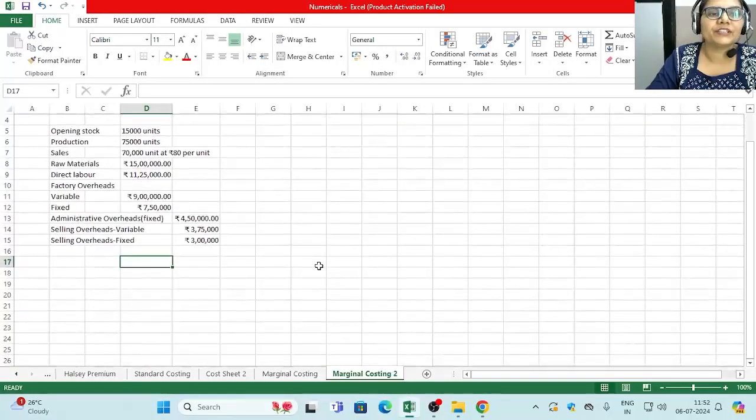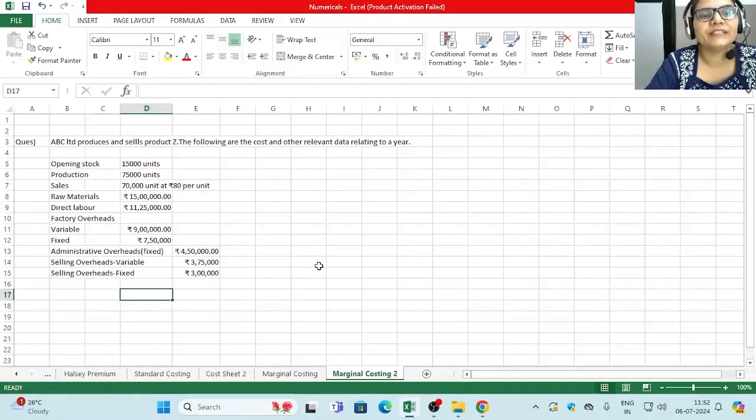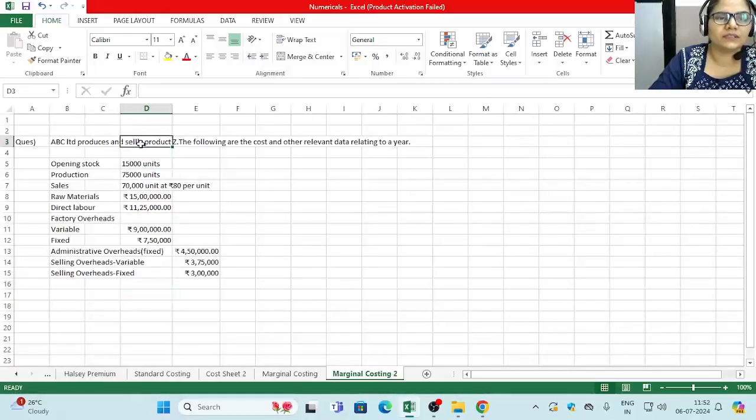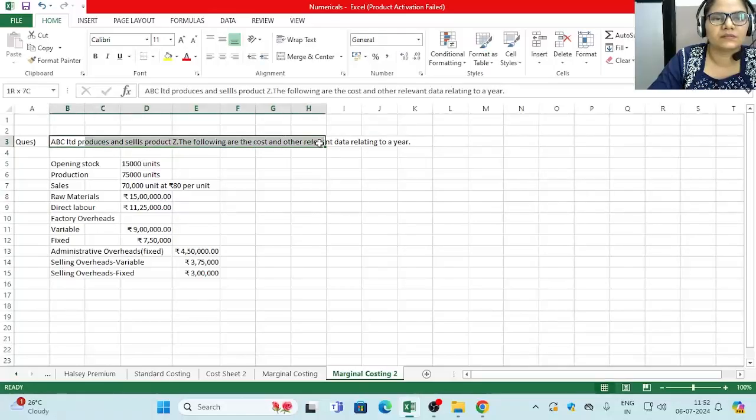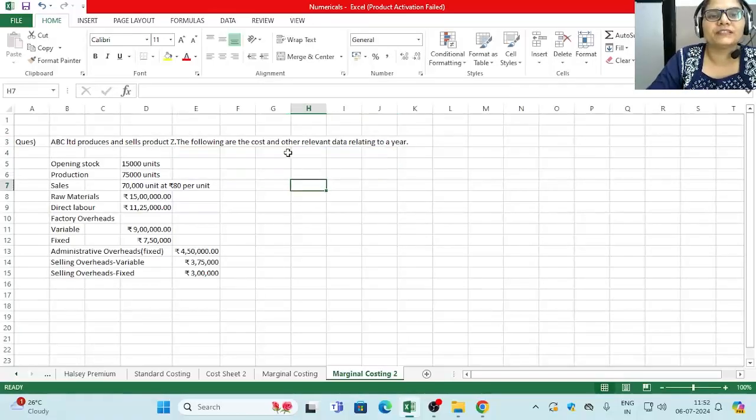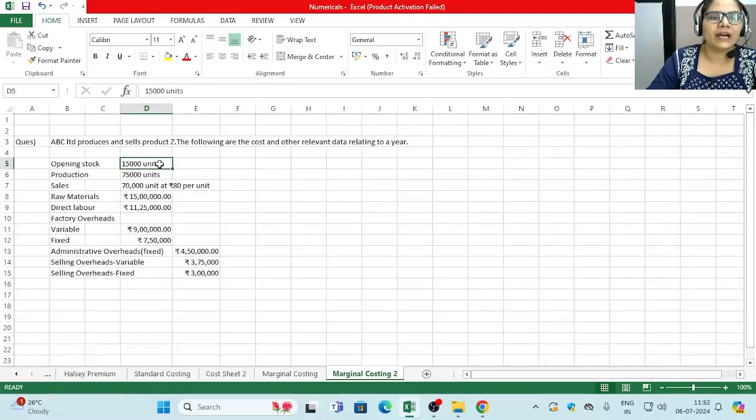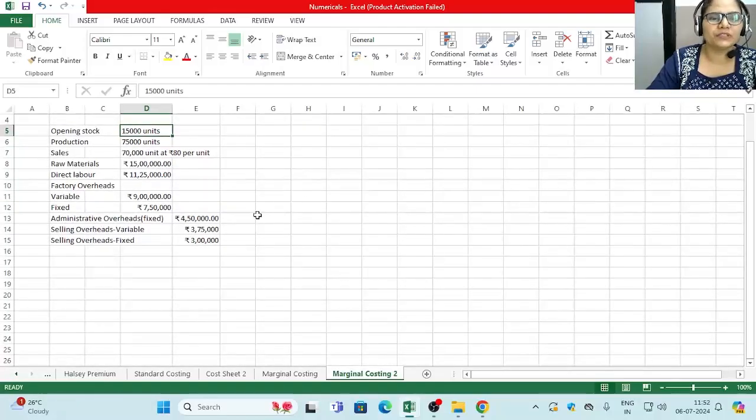So let's take up the question. ABC Limited produces and sells product Z. The following are the cost and other relevant data relating to a year. Opening stock, we have all these particulars related to it. Before going deep into the calculation, our first task is to calculate the closing stock, because in this